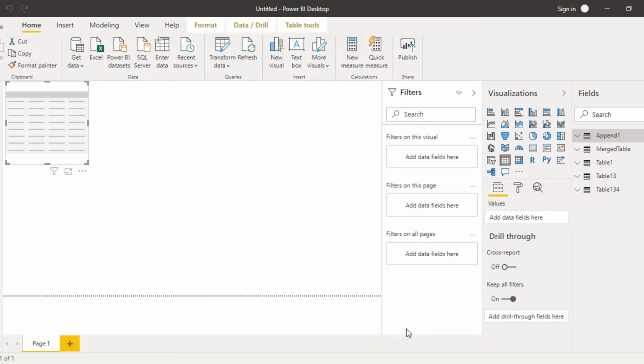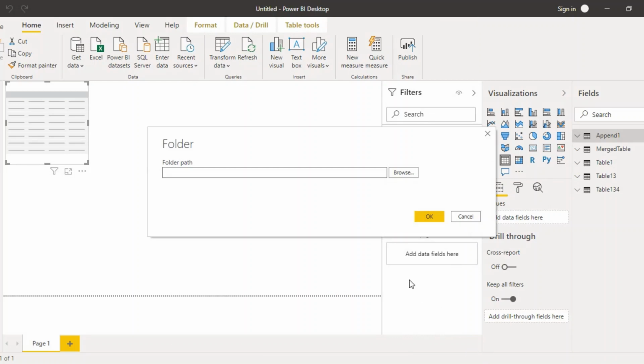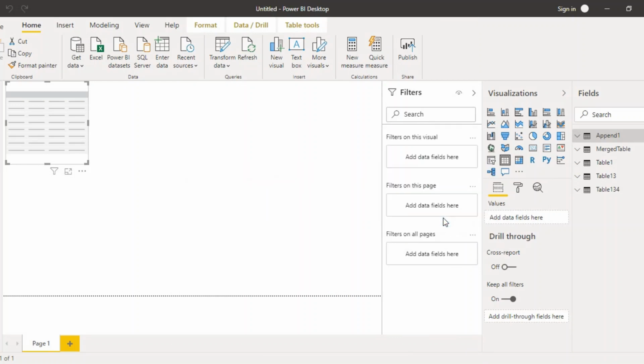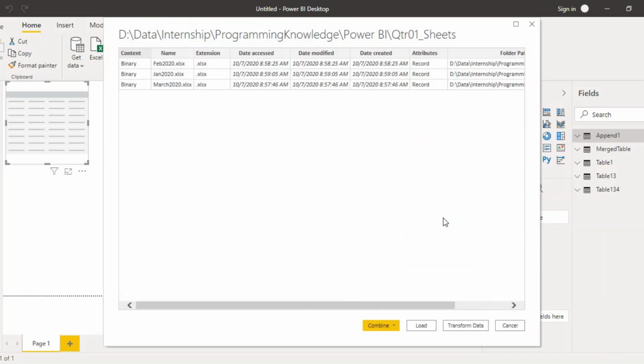So one important thing that you must note is whenever you are working with this type of data, you need to close all of the data that you have opened. Like if you are trying to work with the workbooks, you need to close those workbooks. Now you can see that since we had closed those workbooks, we are only getting these three instances. That is the name, extension, date accessed, date modified, date created, and everything. Basically this is all the metadata, that is the data about the data. So this is what we have got.